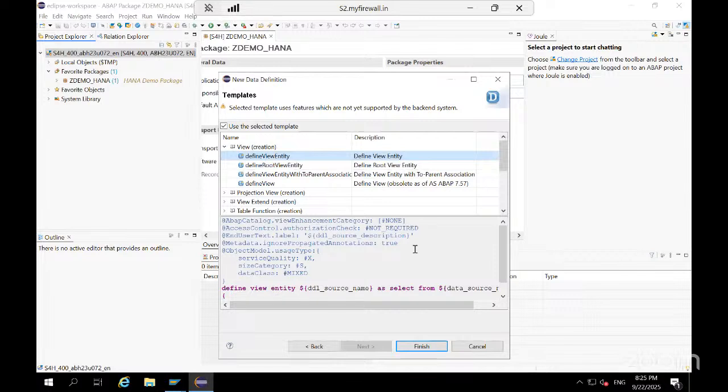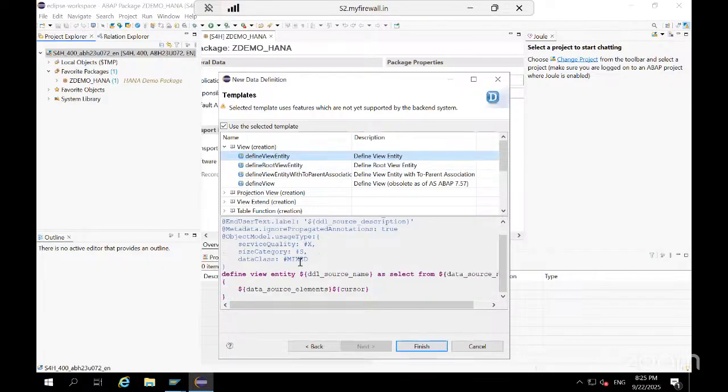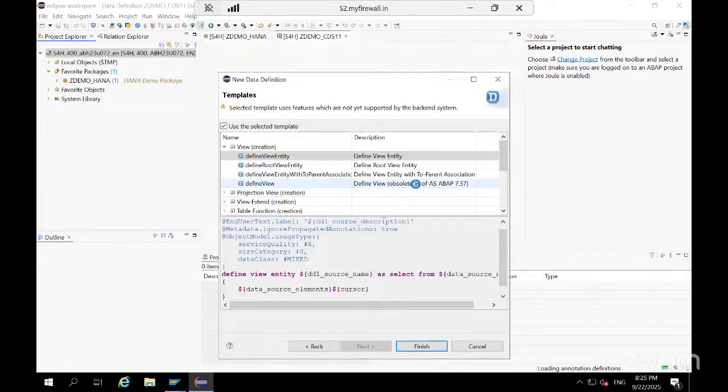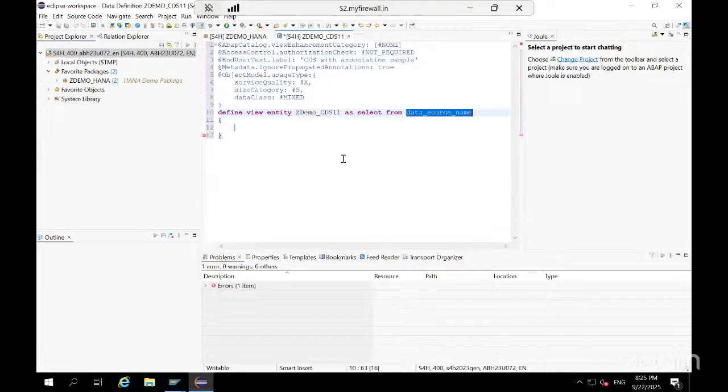So let's go over here. This will be provided automatically. We don't need to write this. This will automatically come as a prompt when you select this. If you go directly to finish, then you need to write everything on your own. So it will come as a default otherwise and you need to write the syntax on your own. Okay, so